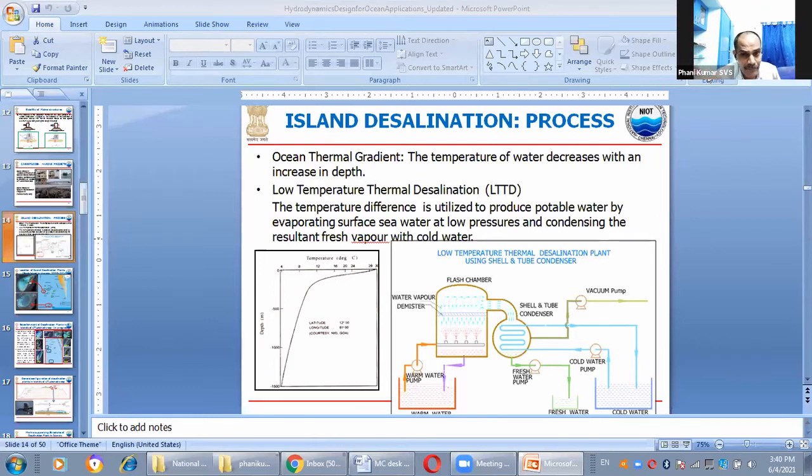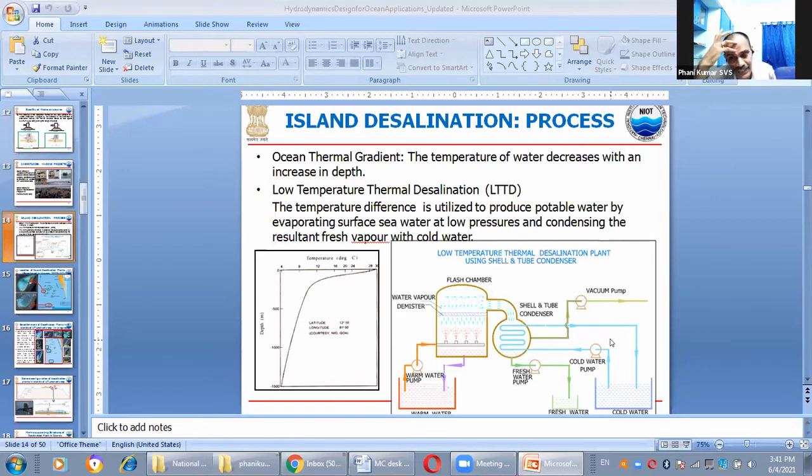The plant per se is highly popular in the Lakshadweep Islands because of one simple reason. We were, say, allergic to automation and things like that. We wanted to keep it simple. So